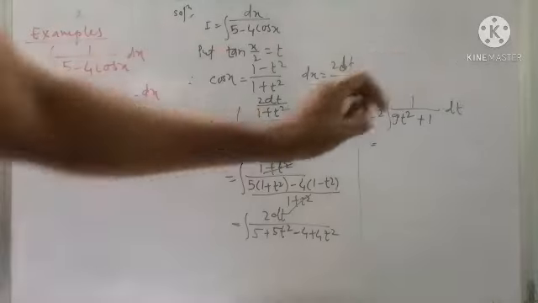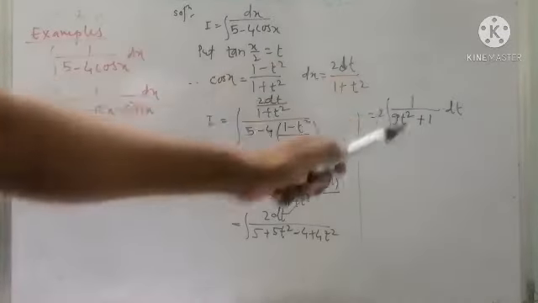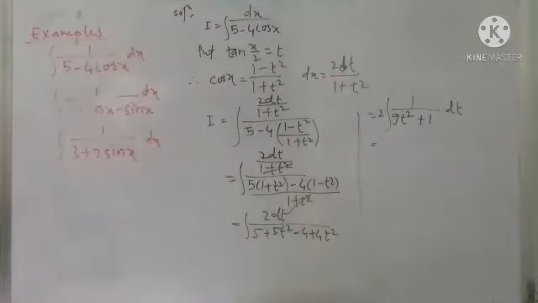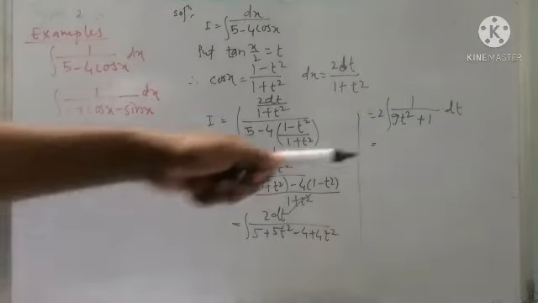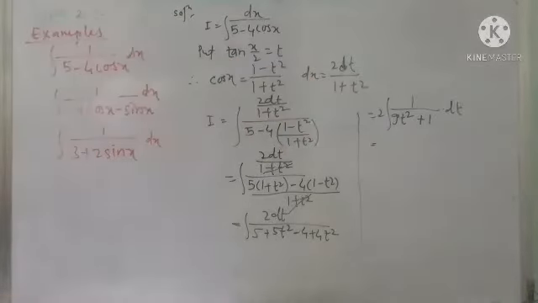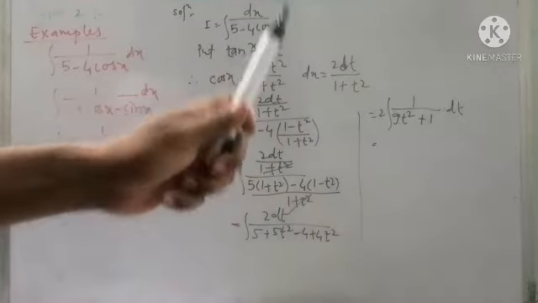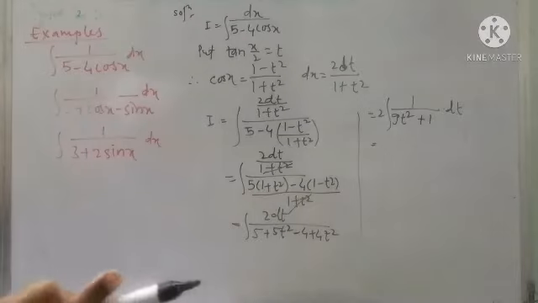Now observe the type of integral. Here the numerator is 1 and the denominator has a t² term, that means a quadratic term is there, and it is free of a term of t. So this is a radical function. So we have to evaluate this integration by the radical functions formulae. By first using the radical formula also, we have to make the coefficient of the square equal to 1.